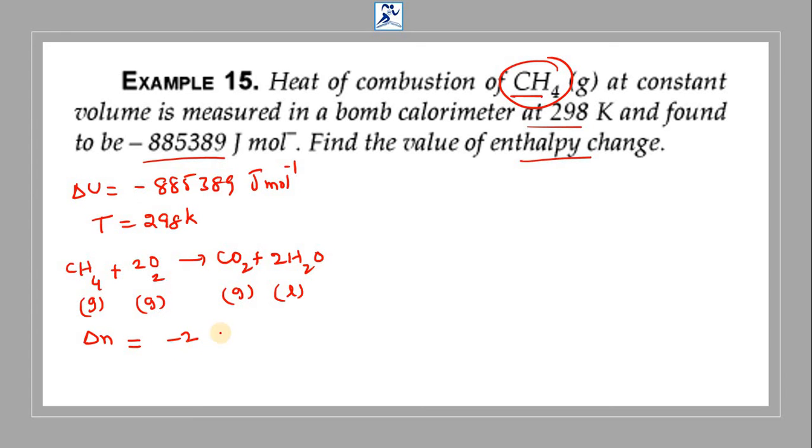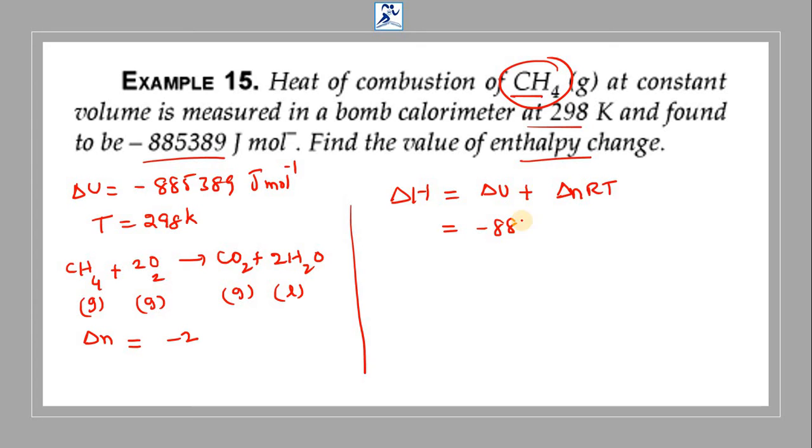So here also you will get minus 2 is the delta n answer, because 1 is in the product and 3 are there in the reactant. 1 minus 3 is minus 2. Come to the point here, remaining all the things we know. So we can substitute these values in the equation to find the enthalpy change. Enthalpy change equation: delta H is equal to delta U plus delta n RT. So delta U value we have, that is